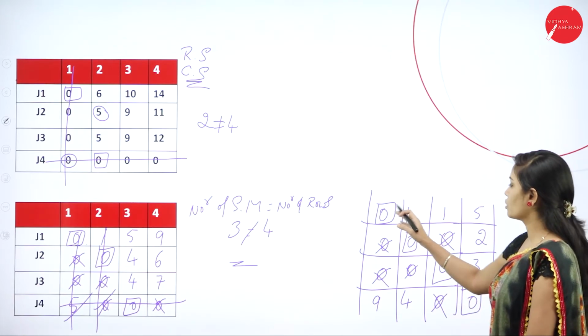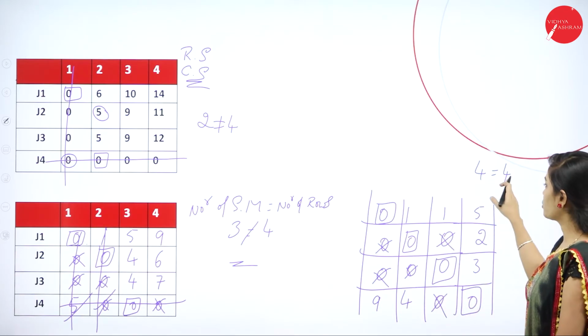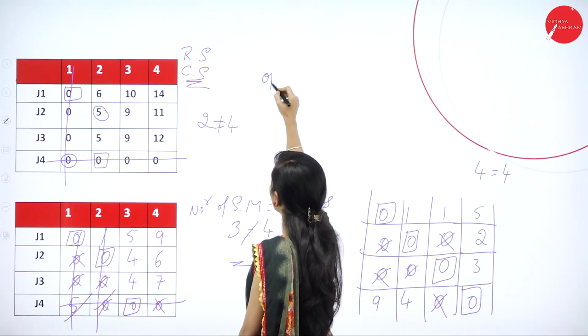So now you can cross verify the number of squares marked. It is 4. The total number of rows is also 4. So it is a square matrix. So now the optimal assignment is